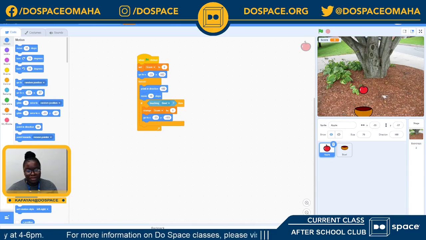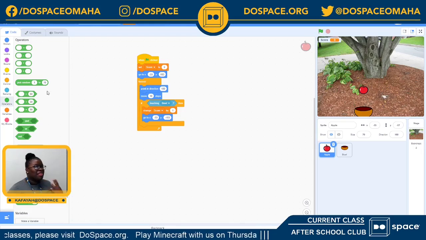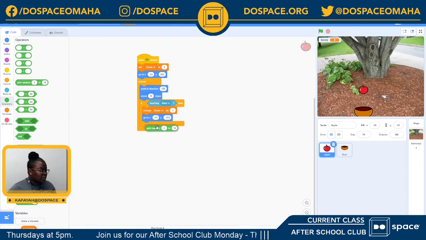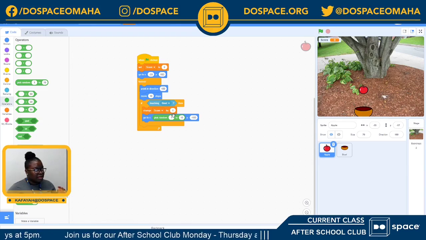Now, we want to make sure that our game isn't easy, right? In a way, I want us to confuse our players. So to do that, we're going to go into our operators tab and look for something that would make our game unpredictable, so much that even we wouldn't know where our apple is going to fall from. So to do that, we're going to pick a random number